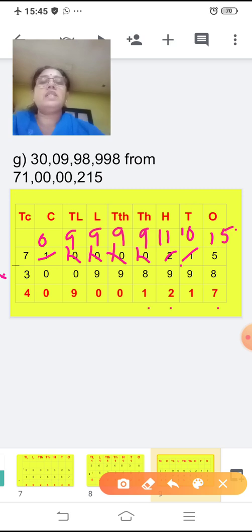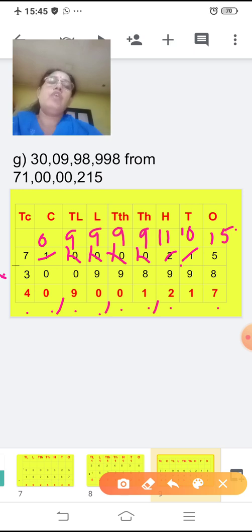9 minus 8 is 1. 9 minus 9 in the thousands place is 0. 9 minus 9 again in the lakh place is 0. In the 10 lakh place, 9 minus 0 is 9. In the crore place, 0 minus 0 is 0. And in the 10 crore place, 7 minus 3 is 4. Now when you place the commas and read the number, it is 40 crore 90 lakh